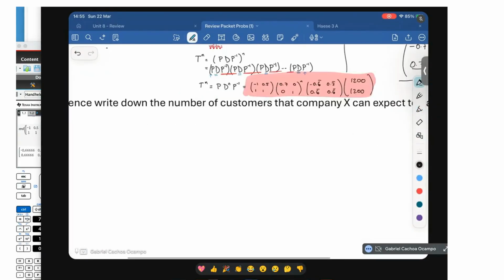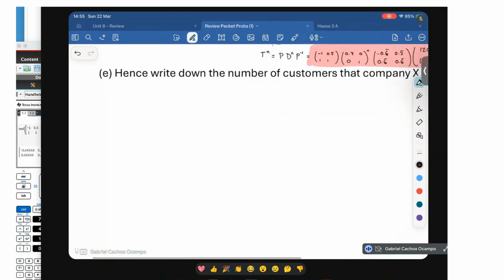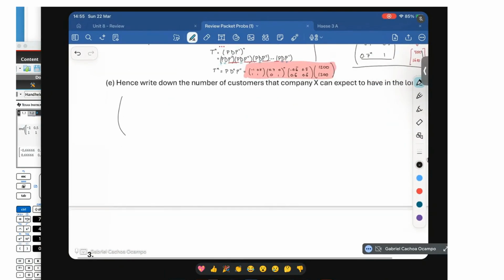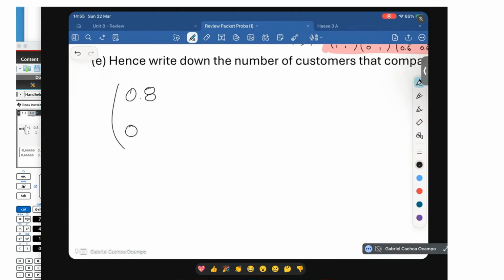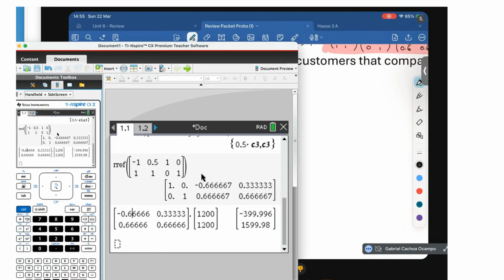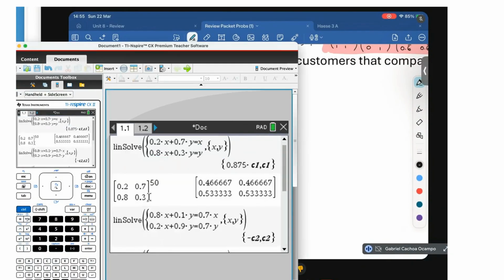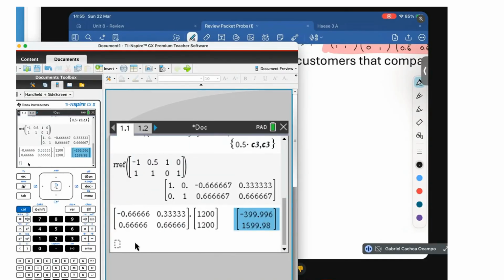Now they could be asking me for the steady state. There are two ways of seeing this question. One way is, grab your original matrix, 0.8, 0.2, 0.1, 0.9, and raise it to a power of 50. If we do that, I think that we all know what to expect, no? Let me grab this one, copy it, my matrix,